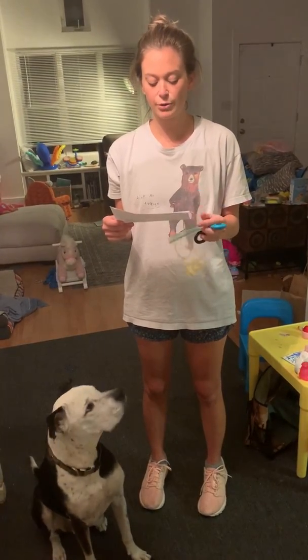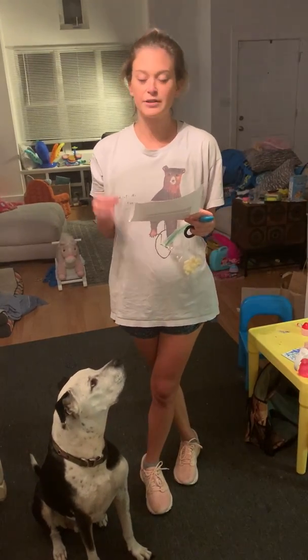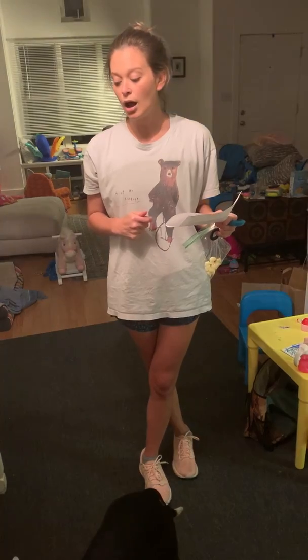All right, next we're going to talk about free shaping. So this is a conditioning behavior that basically doesn't have a defined notion as to where you want to go with that behavior. So what I have shaped Domino to doing is laying on his side. I liked the fact that he was more comfortable on his side, and when we began to teach him and